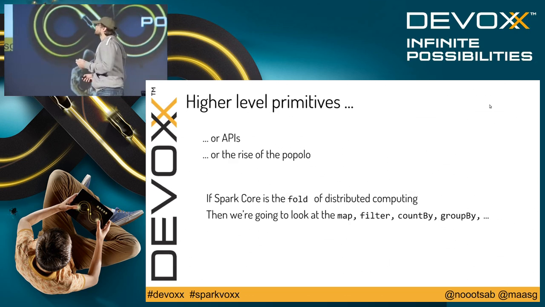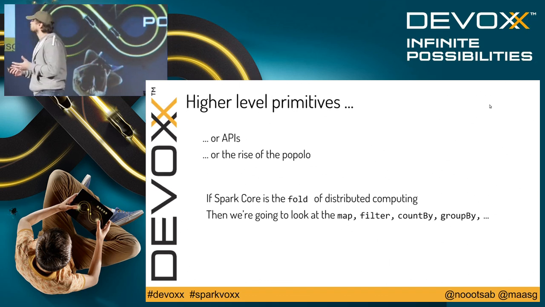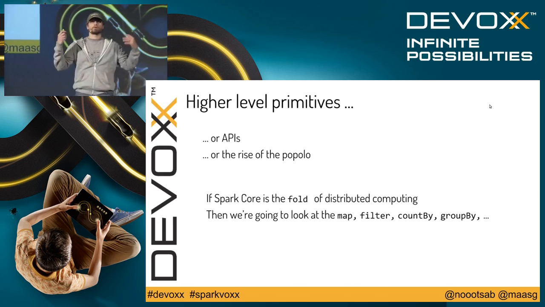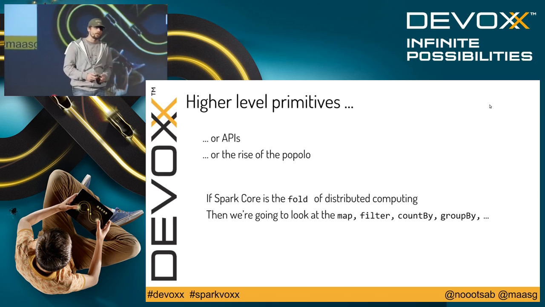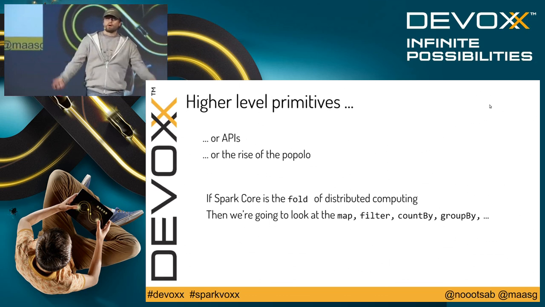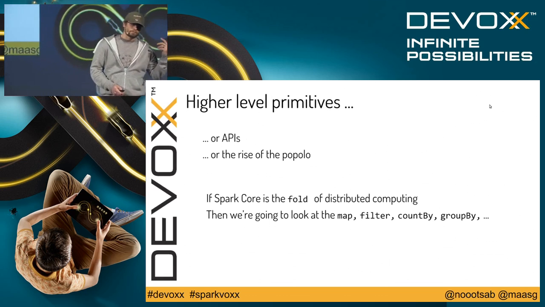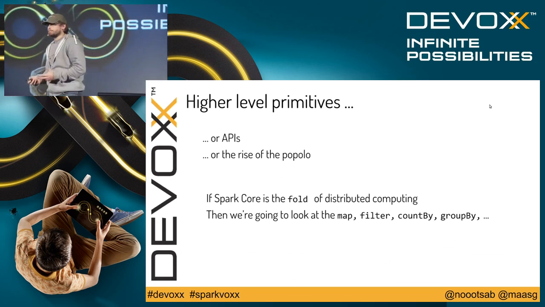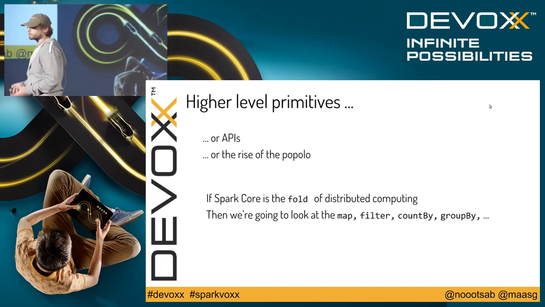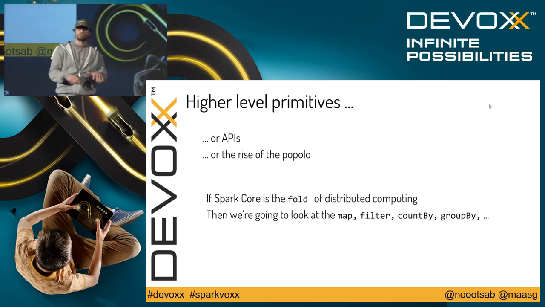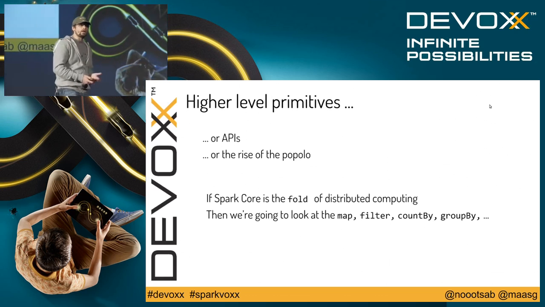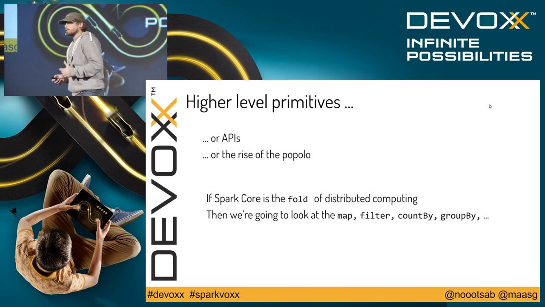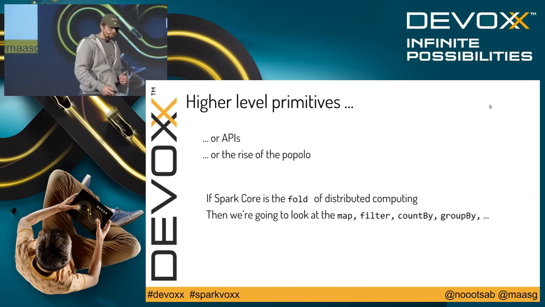So the very first thing is high-level primitives. What I like to say is that it provides new APIs, and it's mainly the rise of the POJO. Everybody is starting new layers here and there on Cassandra, or on DNA, on neural networks or whatever. I like to say that Spark Core is mainly the fold. I don't know if some of you are using a lot of functional programming, but fold is the very basic function that functional programming can provide. On top of that, you can define everything. But now we are going to talk about map, filter, flatMap, and so on.